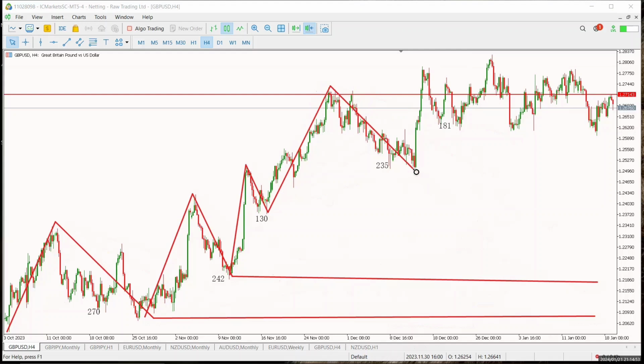Because I merged them together, because you can go from small to big fractals. Okay, so now 235 will separate it, because the fractal that was broken is the fractal of 181. Okay, so the fractal at 181 is the one that has been broken. So we are now going to focus on the fractal that was broken, because we know that